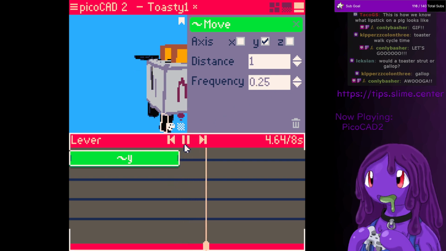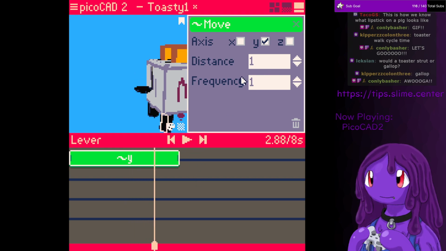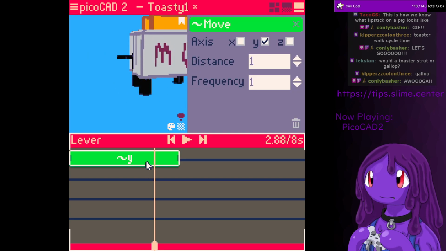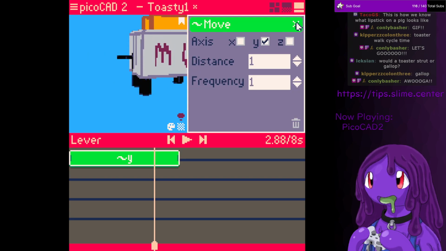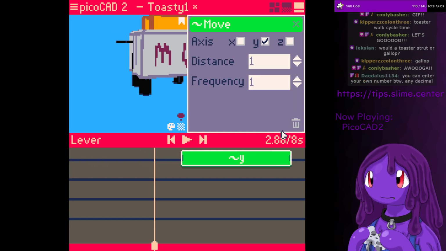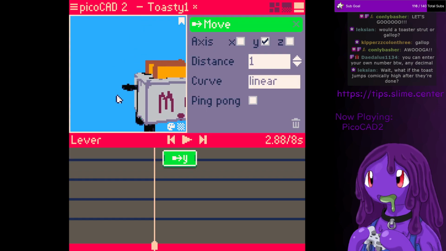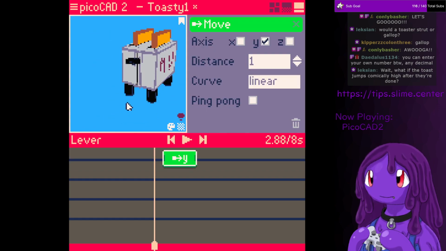Change the frequency, and that will make it so that's how many loops it will go through over the span. Up top, the bottom. The thing is, we don't actually want this type of movement. So we trash that. And so now that we know that the y-axis is the vertical one, the upward pointing